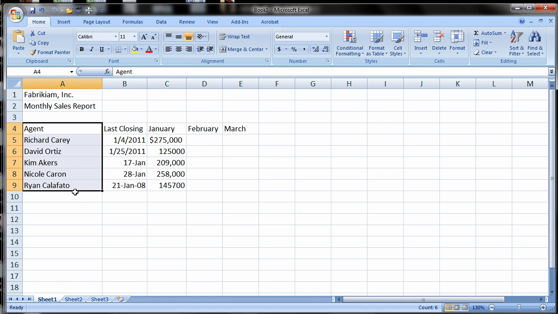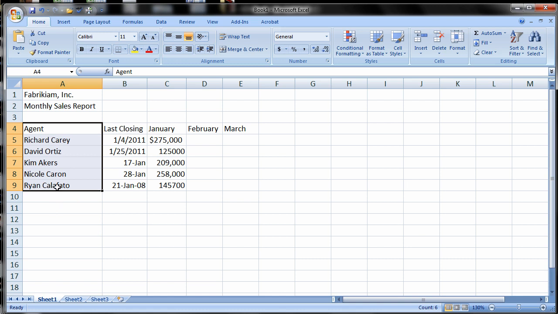So I've held down the control key. If you notice now, my cursor has a little plus sign on it. The copy pointer is displayed. Be sure to hold the control key the entire time or you will move the value instead of copying it. With the copy pointer displayed, hold down the mouse button and drag to select down until A12 through A17 is